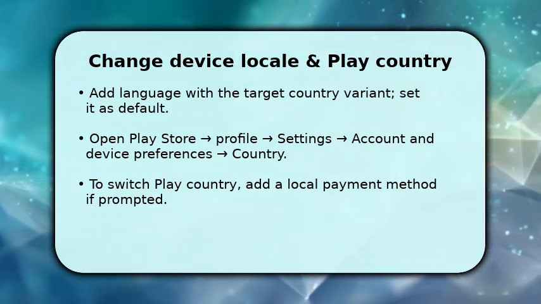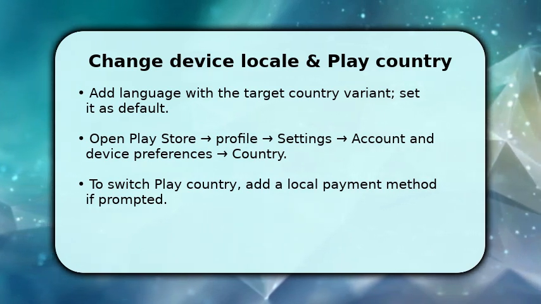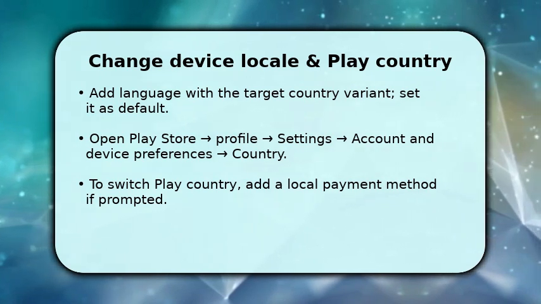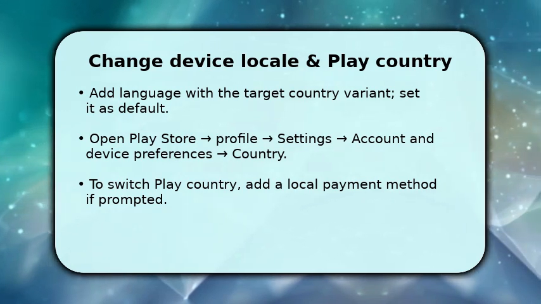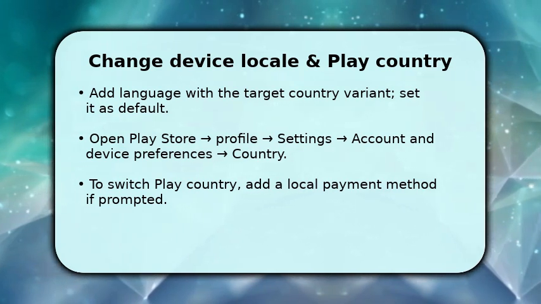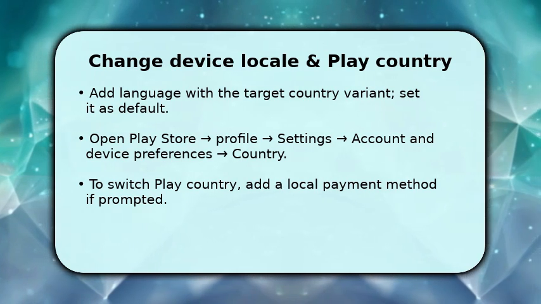Next, open the Play Store, tap your profile, then Settings > Account and Device Preferences > Country and profiles. If the new country appears, follow prompts. Play requires a local payment method to switch profiles, so add one if asked. Make sure your phone's IP matches the new location, and allow up to 48 hours for the Play profile to